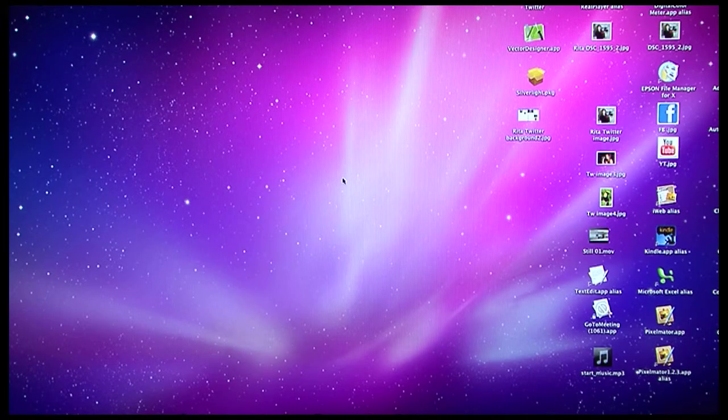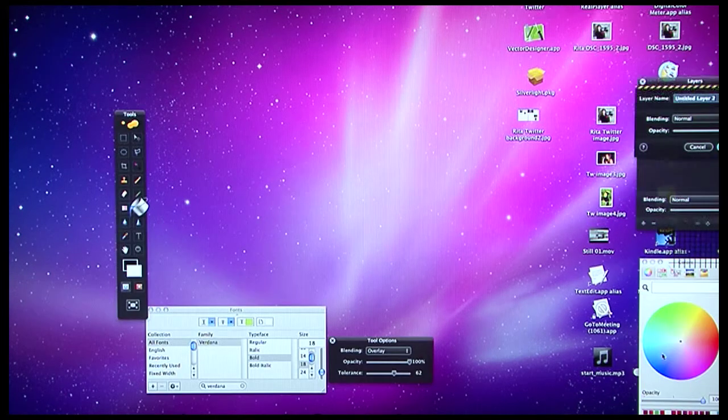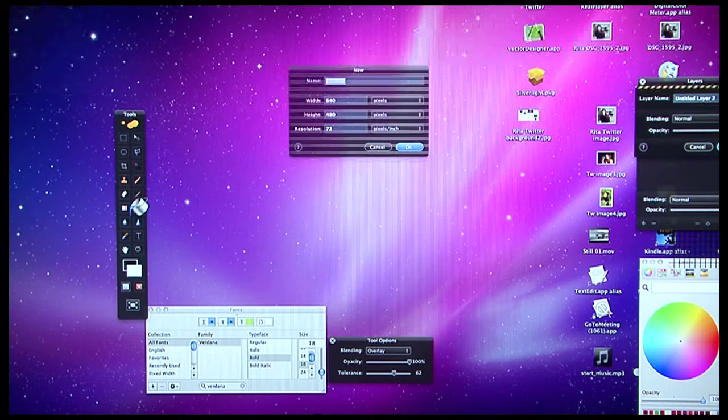To make a Twitter background, you'll need some photo editing software. This could be Adobe Photoshop, Photoshop Elements, or something similar. As I use a Mac, I'm using Pixelmator. So first of all, I'm going to open my Pixelmator application. And then I want to go to File, New,